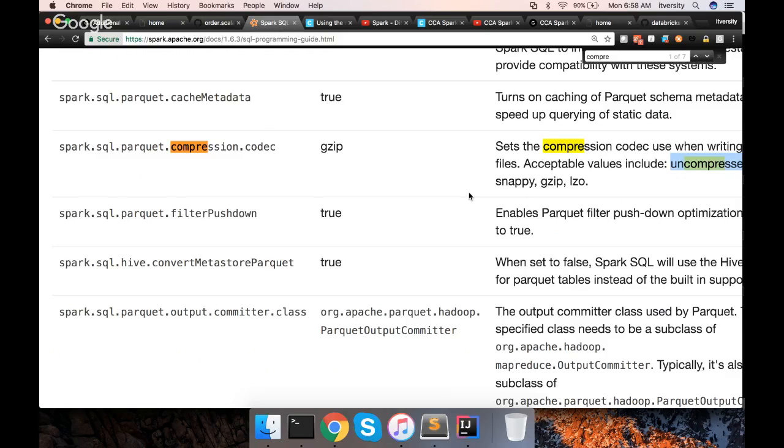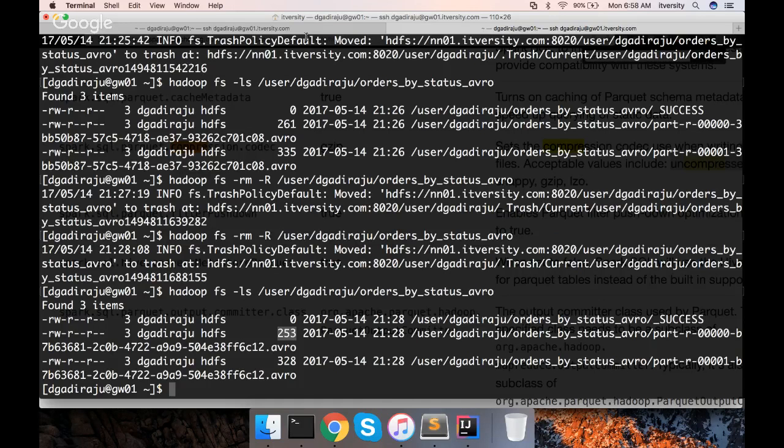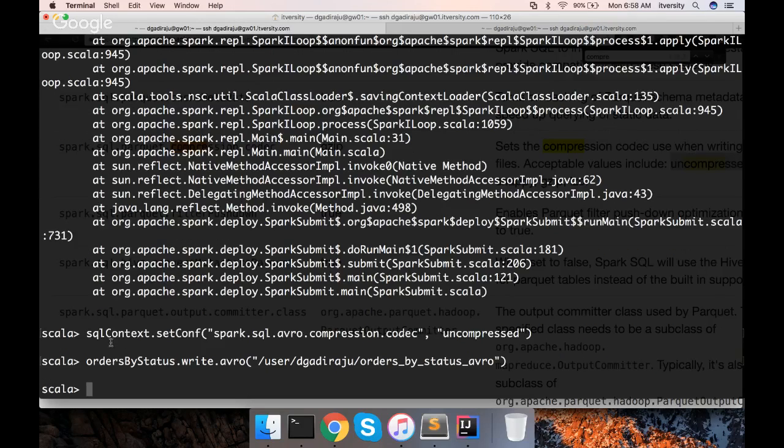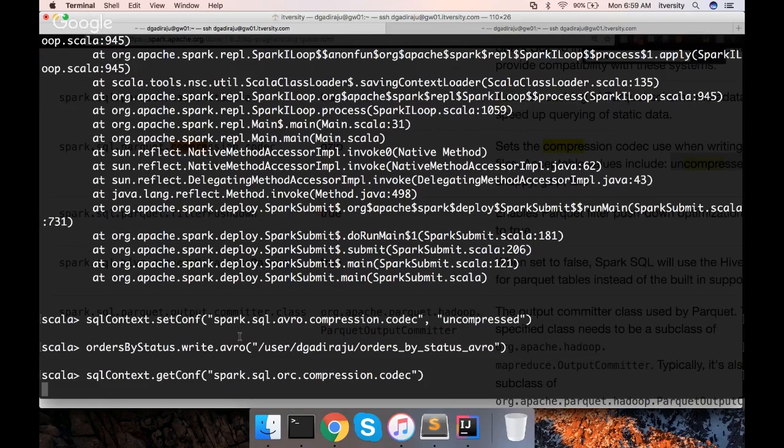You don't need to worry too much about anything. You just need to make sure that SQL context.setconf is actually pointing to the appropriate compression algorithm. We can also validate the values by saying SQL context.getconf, and then we can say spark.sql.orc.compression.codec, if you want to just review the compression codec algorithm.